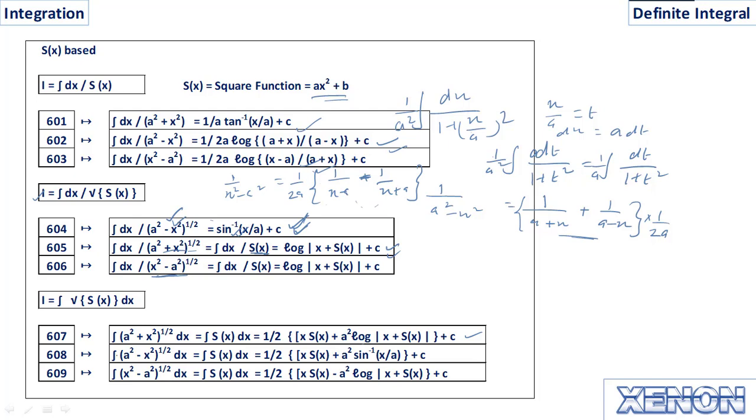When we are integrating square root of a square minus x square dx, we will be getting 1 upon 2 x sx plus a square sin inverse x upon a. Here we will convert a square minus x square into sx form, right? Similarly, integration of x square minus a square to the power 1 by 2 dx, again we will convert this equation to sx form, and the integration will be 1 upon 2 x sx minus a square log x plus sx plus c,